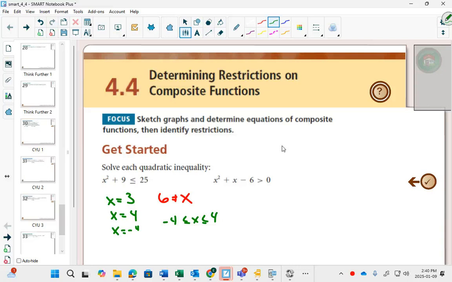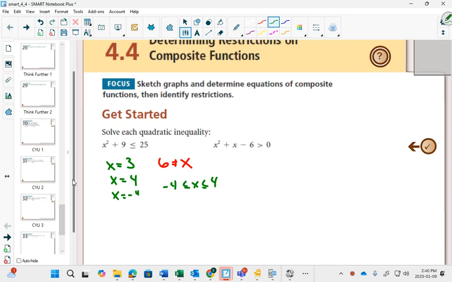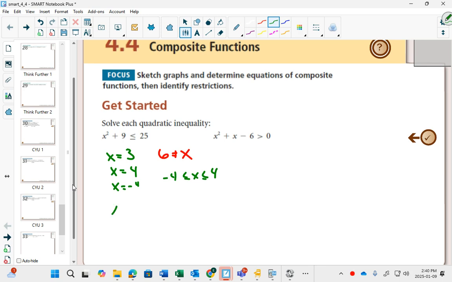And that is the solution to that first one. That is not how you did it in grade 11, but now I'm going to re-show you a method that you learned. You might be like, oh, I remember some of this. And hopefully by seeing the solution already, it'll make sense why we did this method. So the method that you learned in grade 11 is you first solved where they were equal. So if we make them equal, I can move my 9 over, square root both sides, and I would get that plus or minus 4